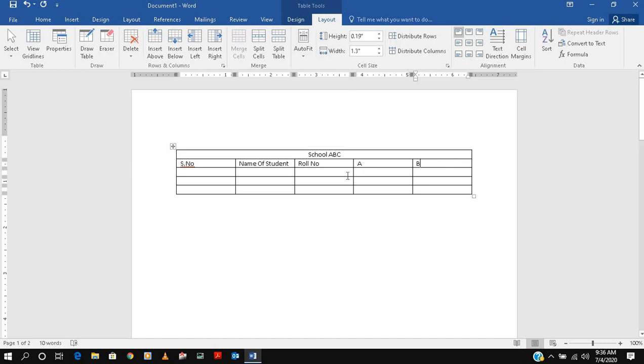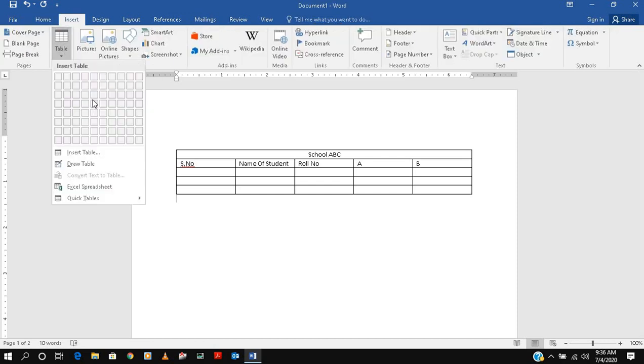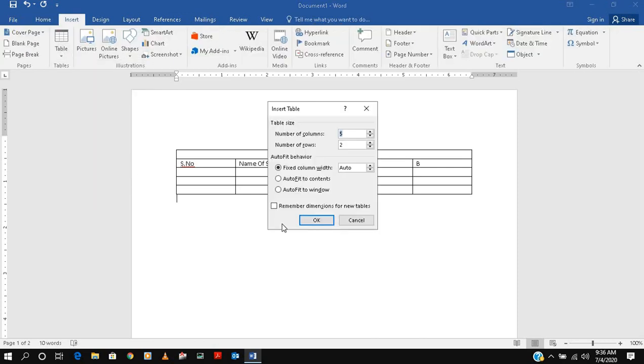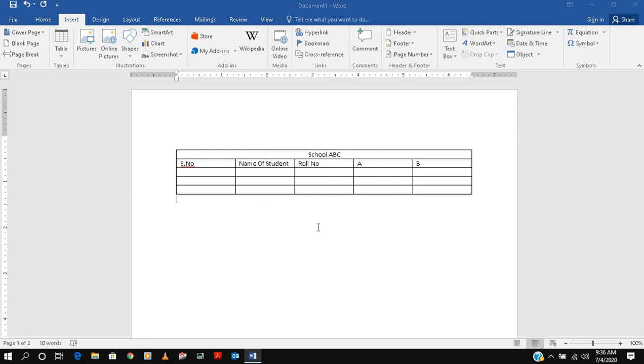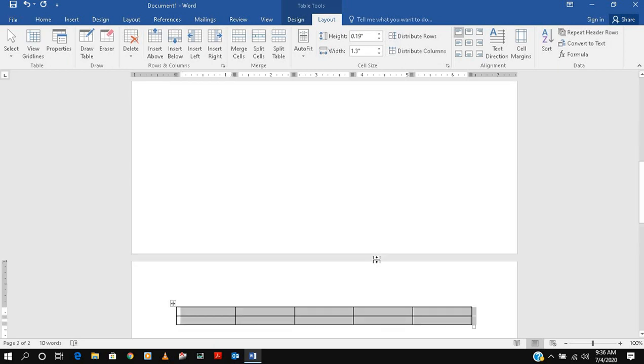So this you have already put in. Now suppose you want one more table. I go here and insert another table, 5 by 2. Right now it's joined here, and you want these two columns to be a separate table, not part of this one. So you press Shift plus Alt plus the arrow key, and you can move this up or down.